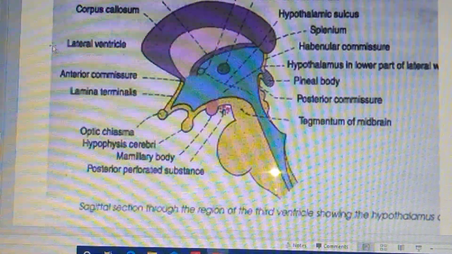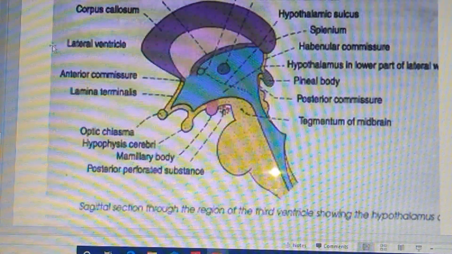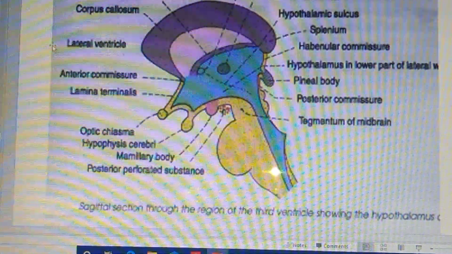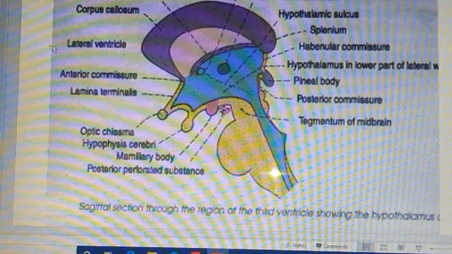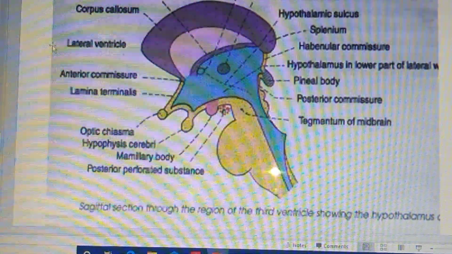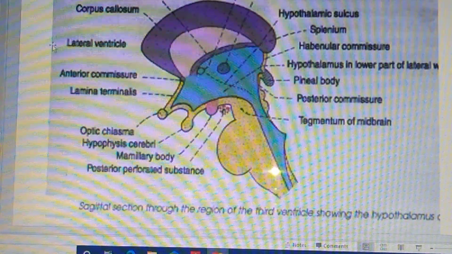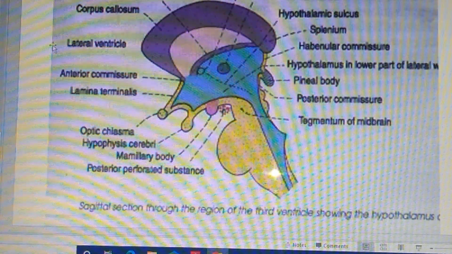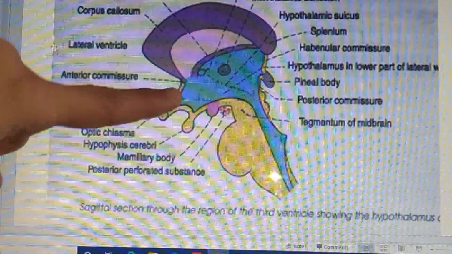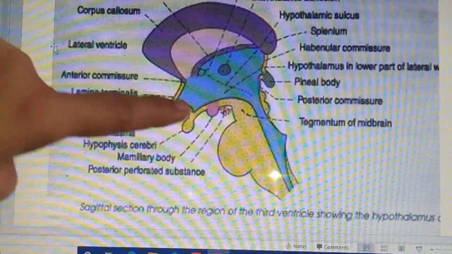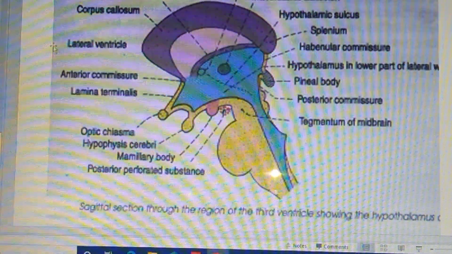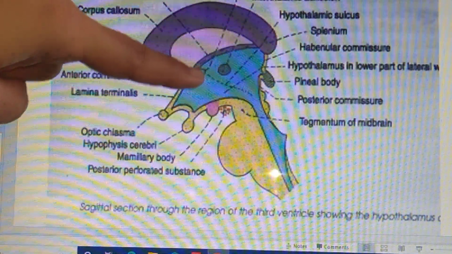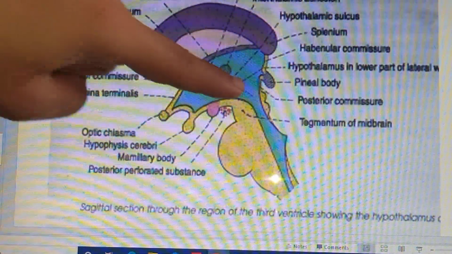It has been designated as the head ganglion of the autonomic nervous system because it takes part in control of many visceral and metabolic activities of the body. It serves a very important function in our body that we will see later on. Anatomically, it includes the floor of the third ventricle, or the structures in the interpeduncular fossa, and the lateral wall of the third ventricle below the hypothalamic sulcus. This will be the lateral wall of the third ventricle.